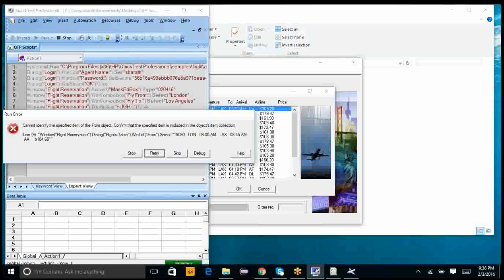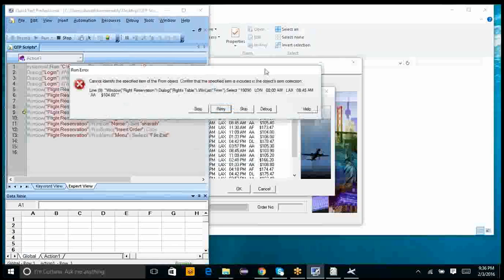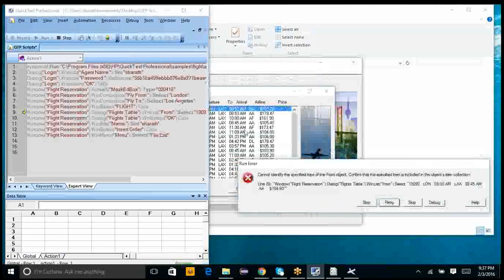Now we got an issue. Can you read out the error? Cannot identify the specified item from the object. Confirm that the specified item is included in the object item selection. So in line number 9 you mentioned window flight reservation dialog flight table.